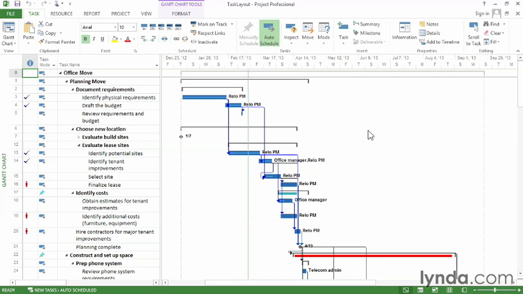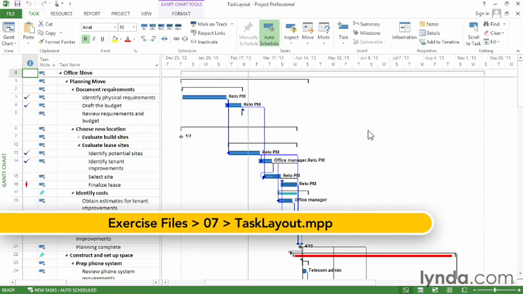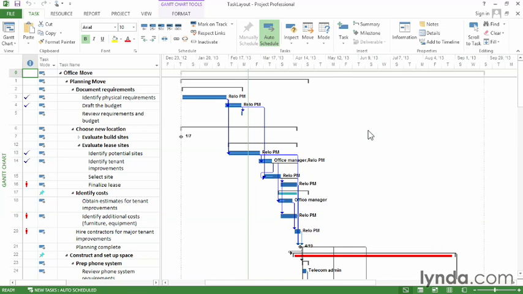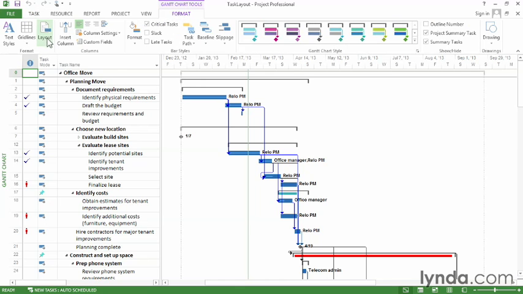Adjusting how tasks are laid out in the timescale is helpful, particularly when task link lines look like spaghetti. Layout options also let you change the date format, the height of bars, and how splits appear. To format the layout of a timescale in the Gantt chart, go to the Format tab, and then click